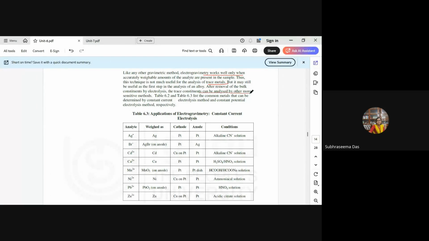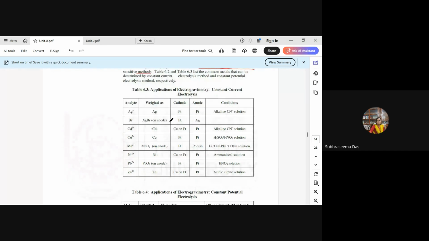Constituents can be analyzed by other sensitive methods. Tables 6.2 and 6.3 show the list of common metals that can be determined by electrogravimetry. Now, applications of electrogravimetry using constant current electrolysis: if the analyte is Ag+, it can be